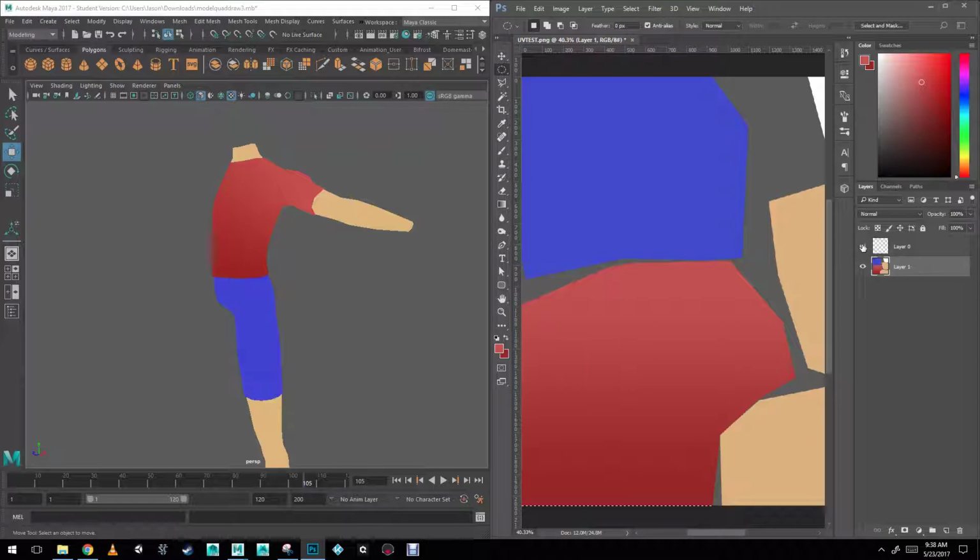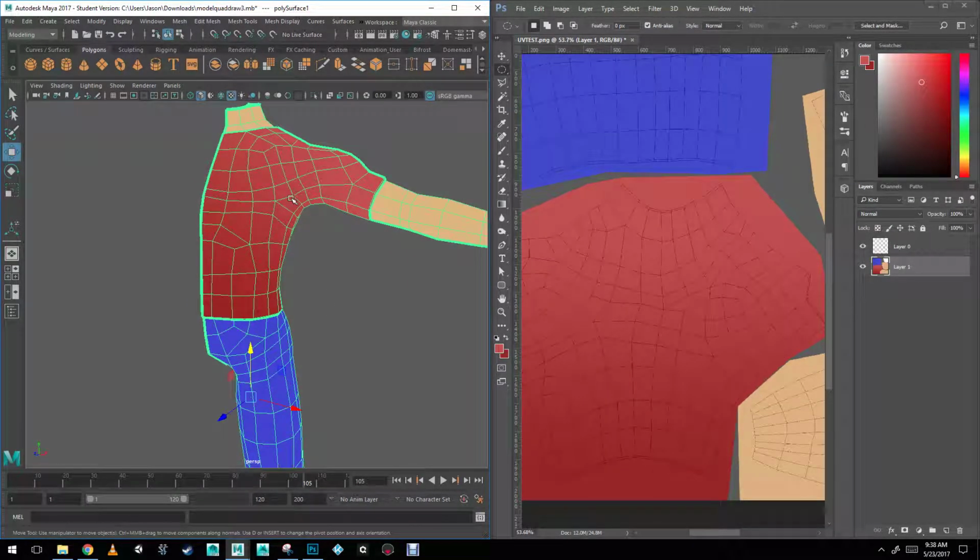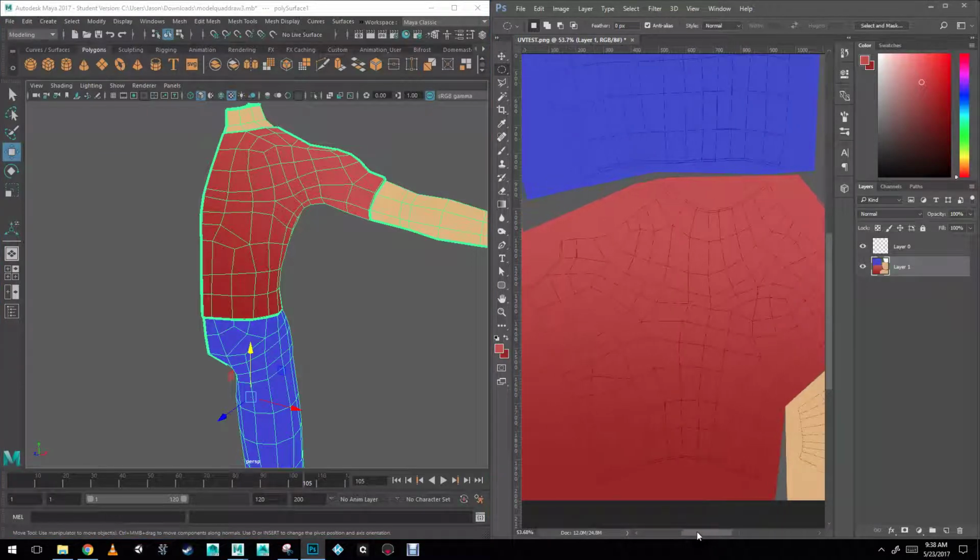So I'm going to add a simple design here on the chest. I'm going to select the topology here to see where I'm working. And I can see that this is the belly area and this is the chest based on the topology. So I'm just going to add a simple logo here. I'm actually going to add a different layer. Make it white,